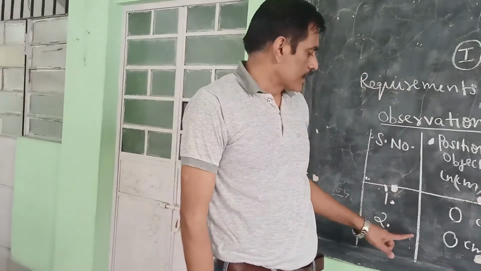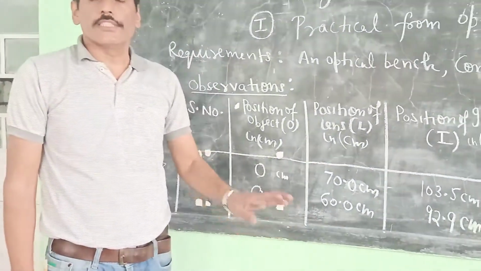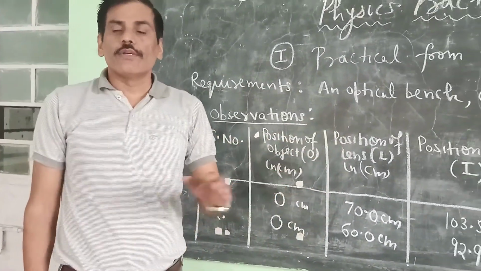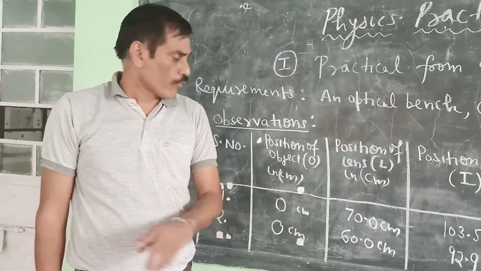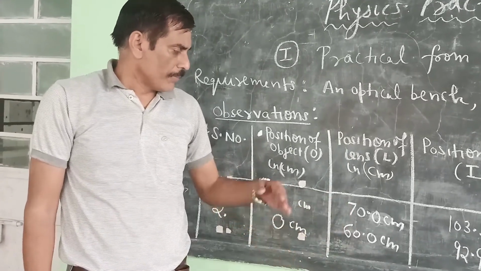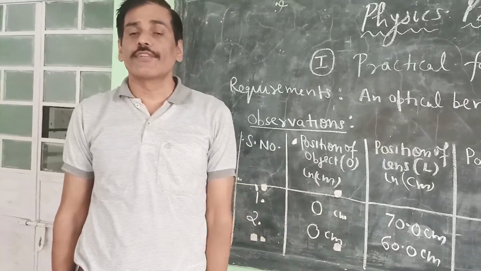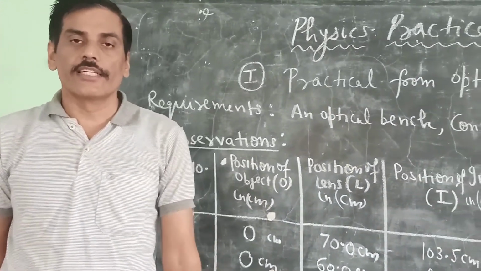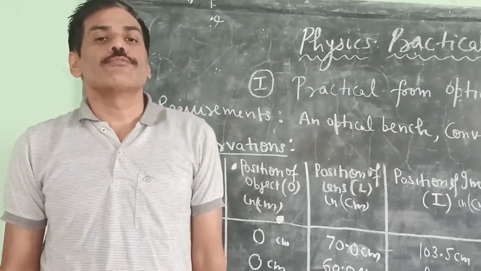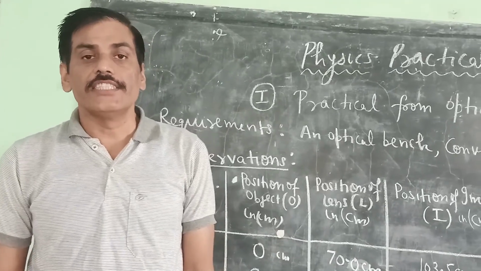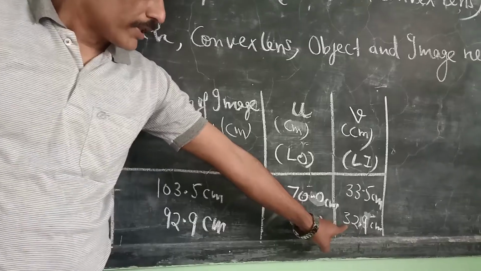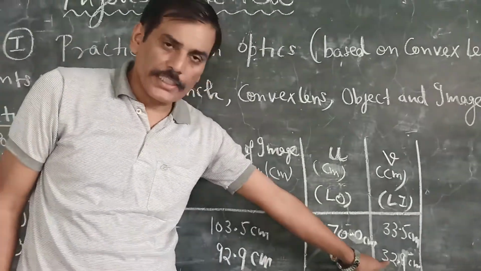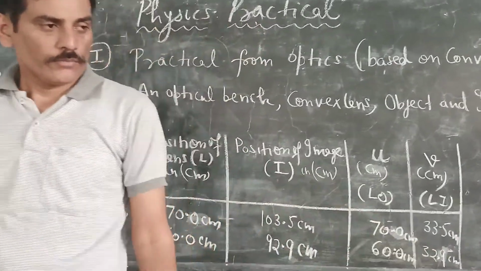Next you can keep from 60 to 50, 40, 30, or in increasing order, 70, 80, 90. This way, by changing 10 centimeter more from the first one, continuously increasing or decreasing, you can take 5 different sets, minimum 5 sets were asked. In normal practicals, not in examination, in our yearly school practicals also, we have to do at least minimum 5 readings in each and every experiment. It was 32.9, I think by error it was 32.5, it is actually 32.9.